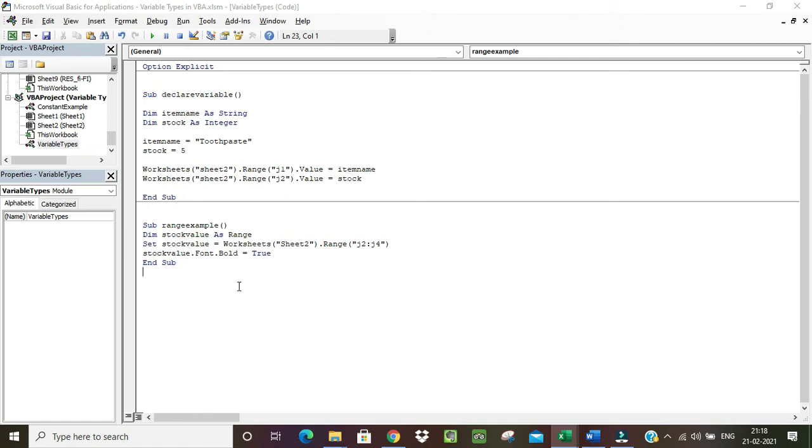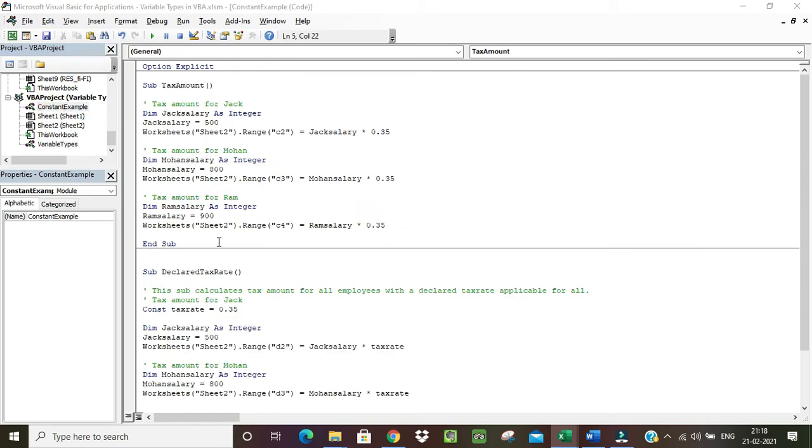So this was all about declaring the variables, an important step, and the first step while you are writing a program, that you declare your variables, make sure they are of the correct type, string, integer, decimal, singles, whatever is your requirement, and then you can start using those variable names in your programs. Now let's move to another thing. Apart from variables, there are constants also. So we will look at an example of the constant.